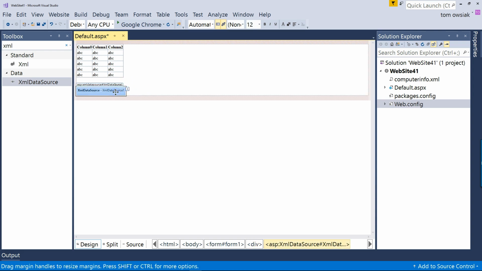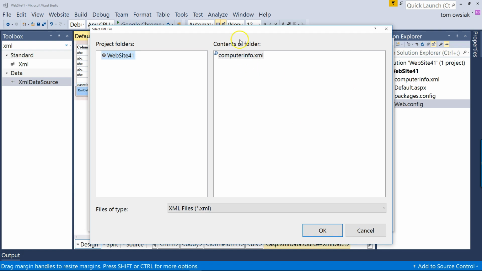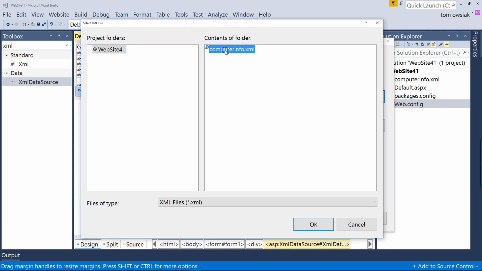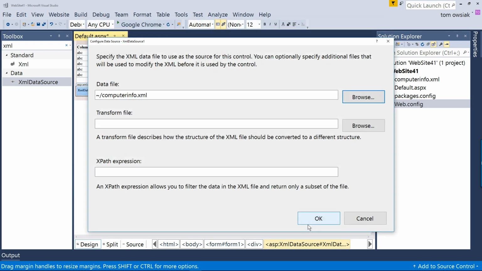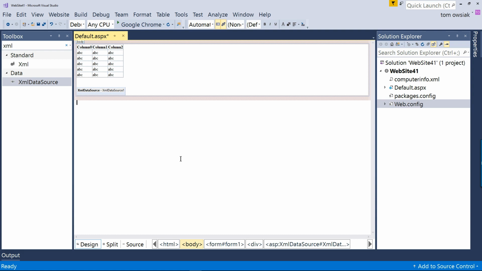So make sure that you click the XML data source tasks and then configure that data source. And configure here simply means connect to the file we have just dragged in. So click on browse, and it's computer info.xml available right there. Click OK. So we've got our XML data source connected to the file, and as we did previously, now we